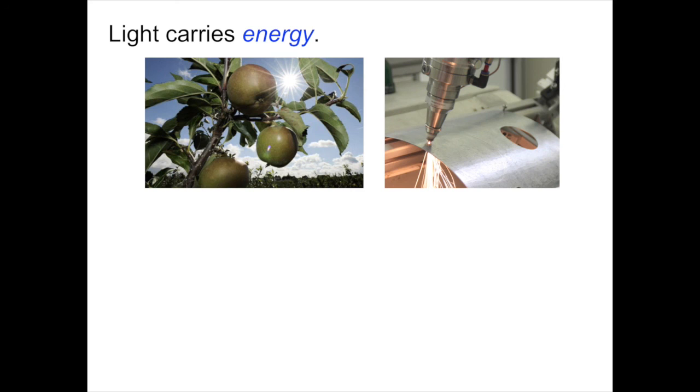That sunlight is energy being brought from the sun by electromagnetic radiation, by visible light. In the end, the sun is powered by nuclear fusion, and so the energy we get from eating an apple had its ultimate source in nuclear fusion in the center of the sun. A more everyday example of the use of light as a source of energy is shown in this industrial laser cutter. The laser beam is cutting through this piece of metal, making a very high precision circle inside of it. Industrial lasers and other things are good examples of how light and its energy can be concentrated and put to use.